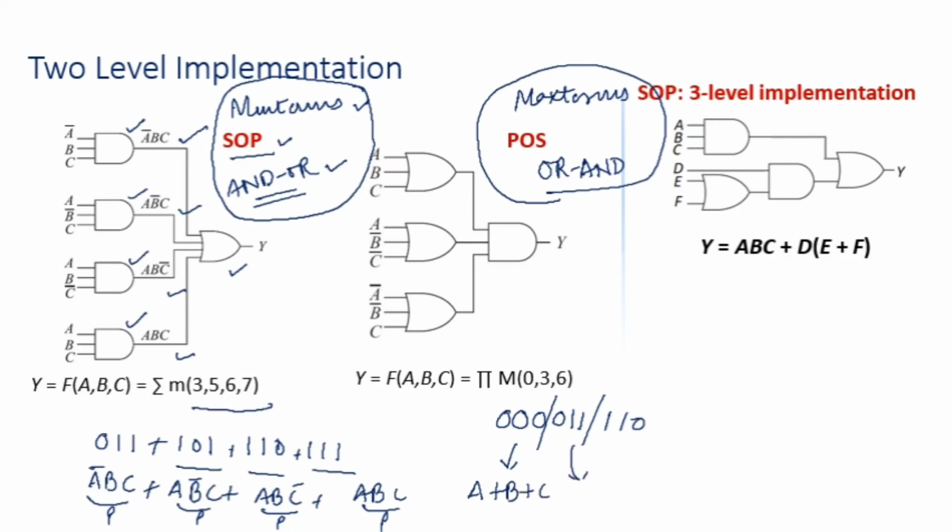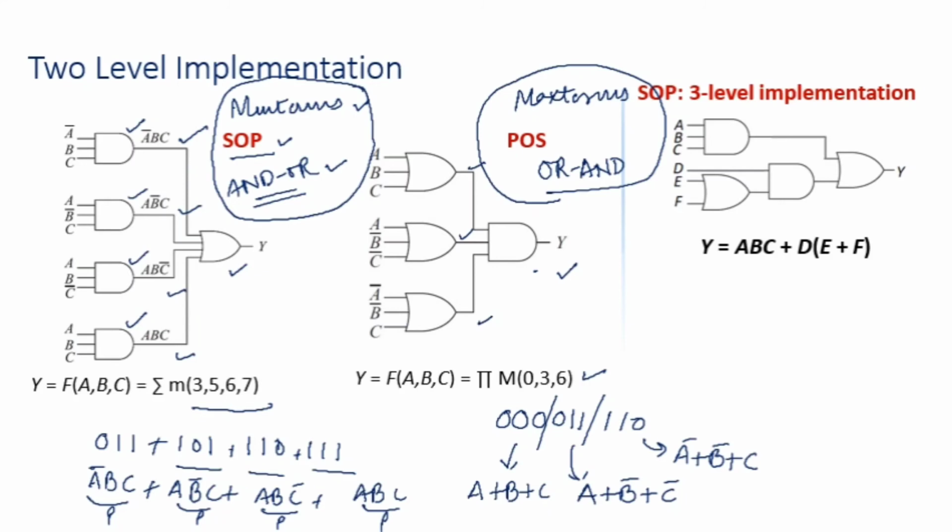This 0 plus 1, I am using the reverse values. So to represent 0, I am using non-bar variable, and to represent 1, I will be using bar variable. That means here A plus B bar plus C bar, and for this one I will be using A bar plus B bar plus C. Okay, you can see that these three sums are mentioned there, and when these three sums are being multiplied, I'll get the final answer.